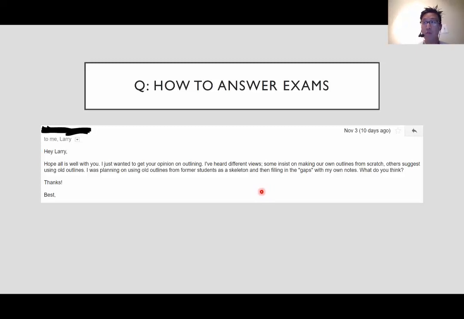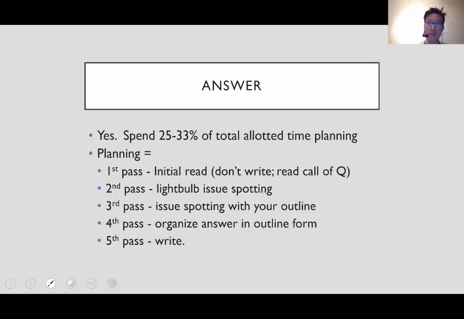Basically the question was, if I could give a framework for how to answer exam questions, very, very specifically based on the time that you spend on it and what exactly you're doing in the exam. So this is the slide that I came up with. In previous videos on taking exams, I've said that I think you really need to spend a quarter to a third of your time